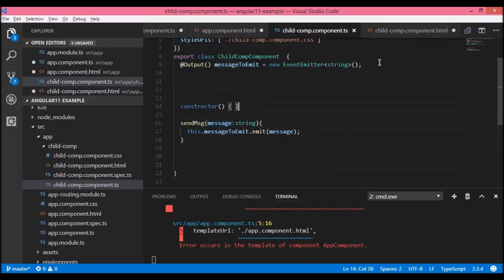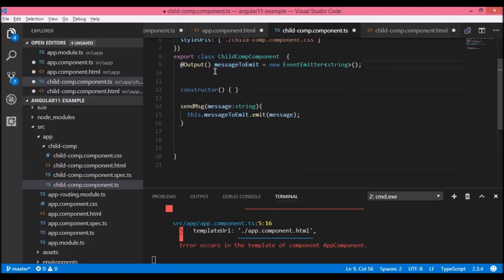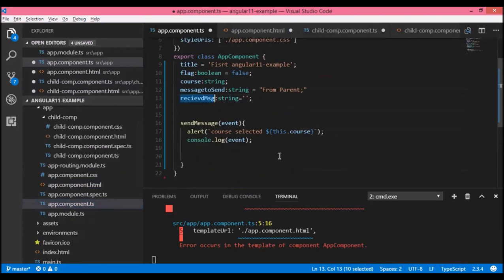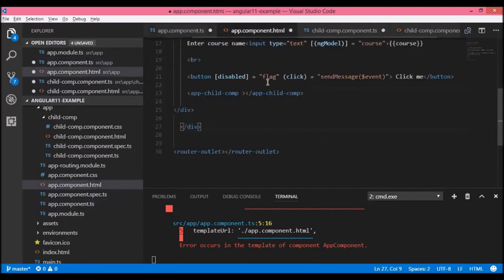Now the parent has to receive it. So what I'll write in this app.component. First, this TS will receive this variable value, what the child is emitting. Then we'll store it in a variable, in this variable. And then this variable will be interpolated over here in this HTML part. Okay? Now how will the parent receive it? Okay, so parent will receive